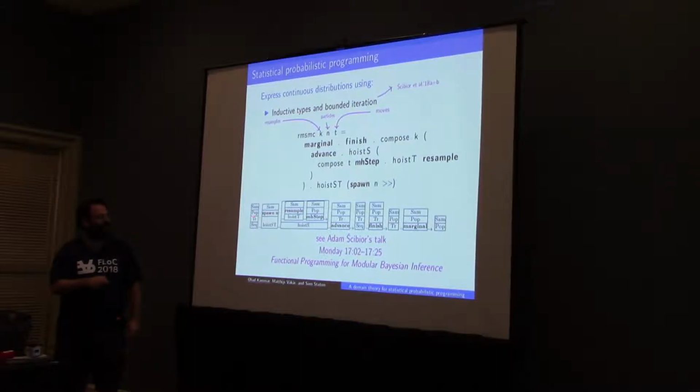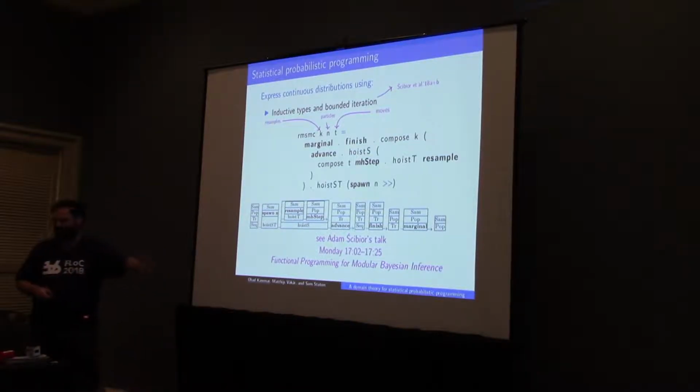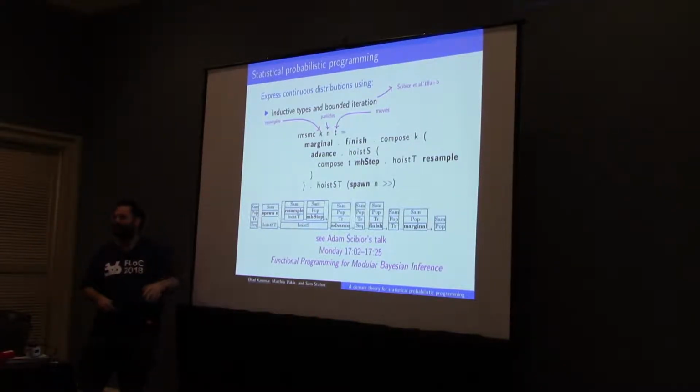And then we apply spawn at this level, resample at this level as well, Metropolis-Hastings step at this level, and so forth. So if you want to see more, come tomorrow to Adam's talk or talk to us offline. I'm not going to spend more time on this, but we can first validate the correctness of these inference algorithms compositionally, and also